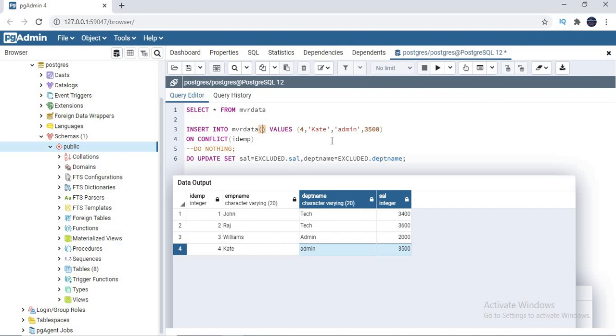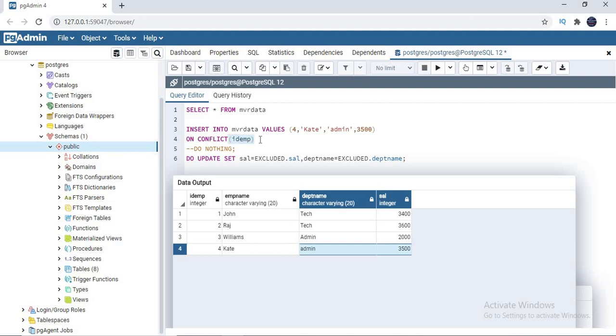So one more way is the same behavior. Here I specified on conflict ID EMP. So rather than specifying the name of the column, you can specify the name of the constraint. As I mentioned, I specified this is a unique constraint in the table. So for a unique constraint you will get a name. Okay, so let's specify that as well.